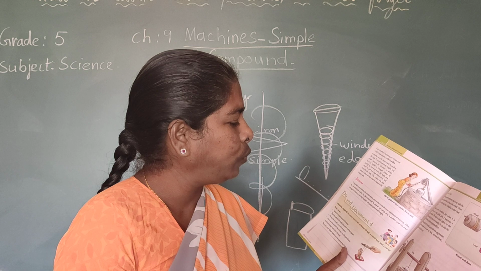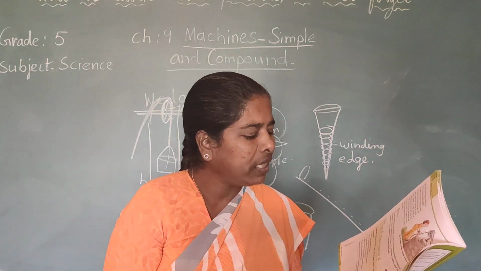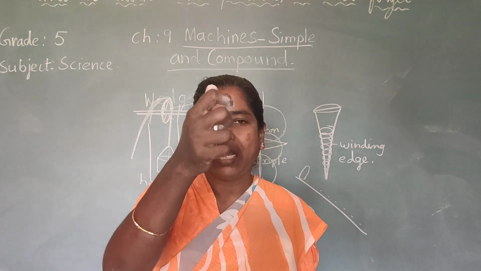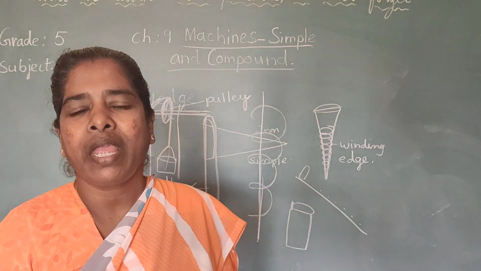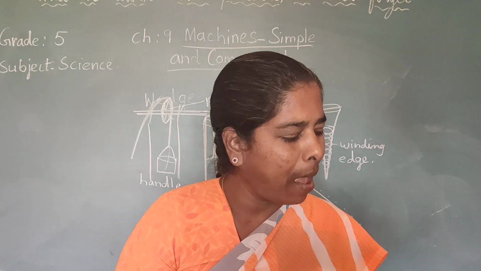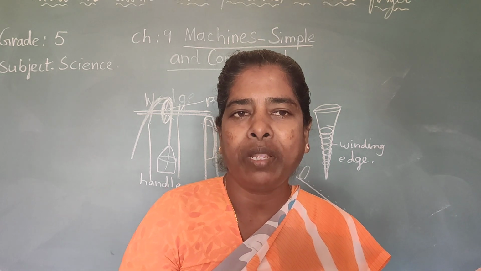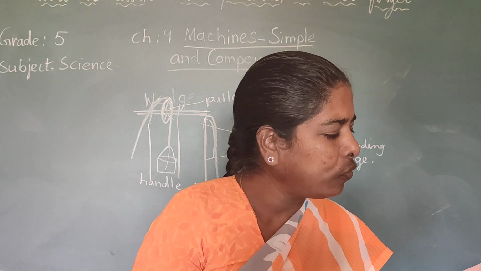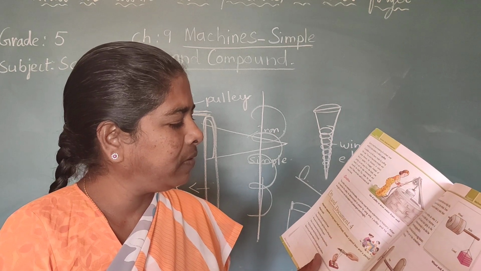Pulleys are also used in cranes to lift heavy loads. That's why we are pulling it in our direction and downwards, and the work is becoming easy, and we can lift the water from the well. Here, children, even the big cranes which lift big logs, cement blocks, everything, also have this pulley. This helps them to do the work easier.